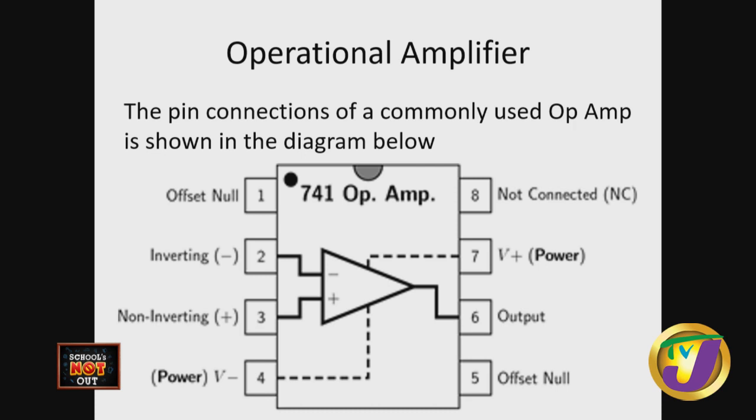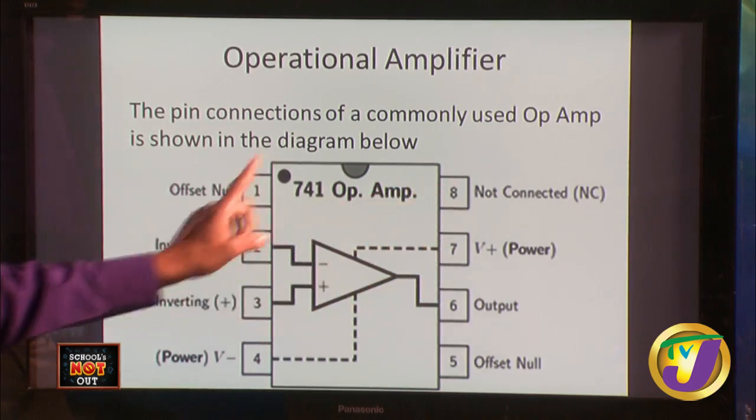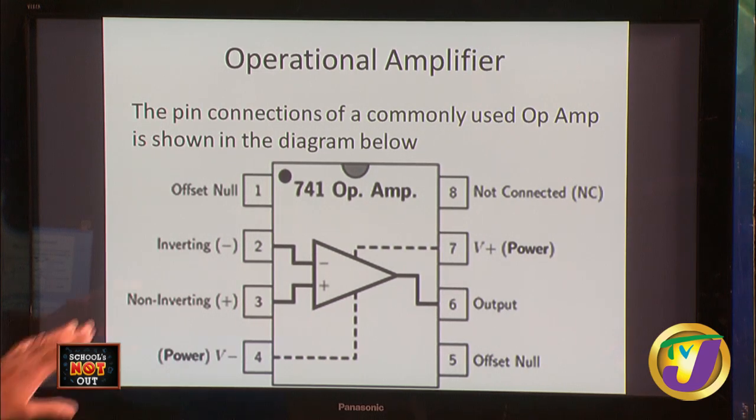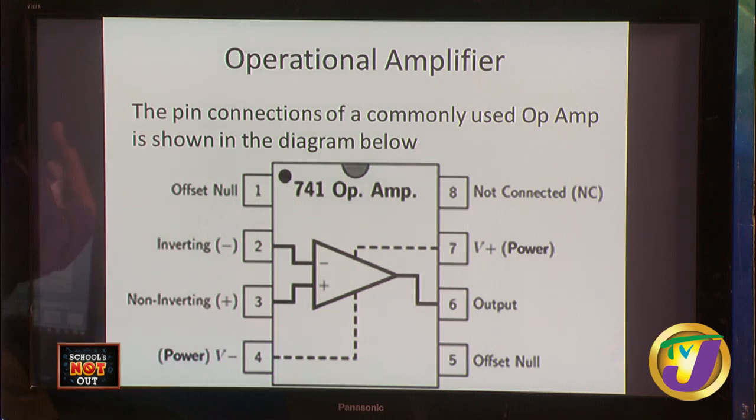Now here is a diagrammatic representation of the connections to an operational amplifier. So we have 8 connections, 1, 2, 3, 4, 5, 6, 7, 8. They are numbered anti-clockwise. All right. And so these two, number 1 and number 5, are what are called offset, because what